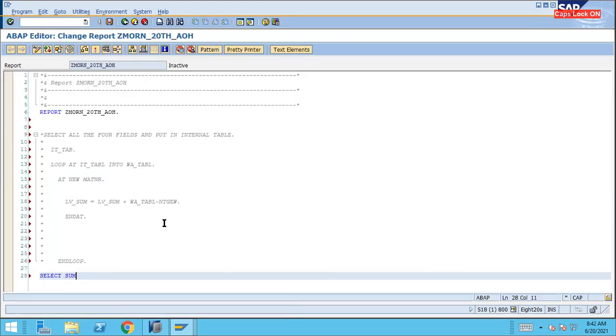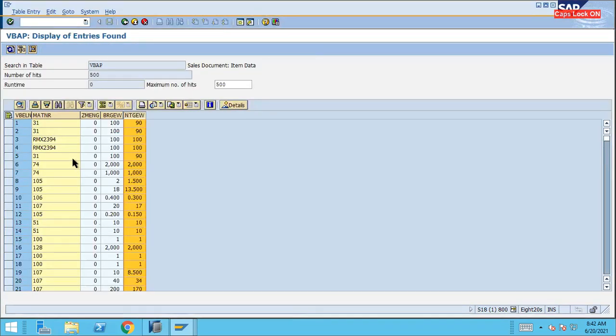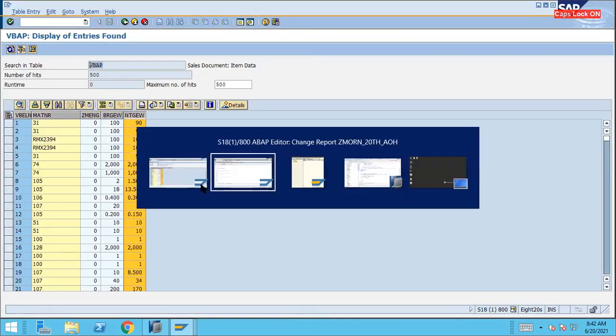So you can write sum from NTGEW as, here you have to give a space, as net weight, total net weight, from which table? VBAP table,